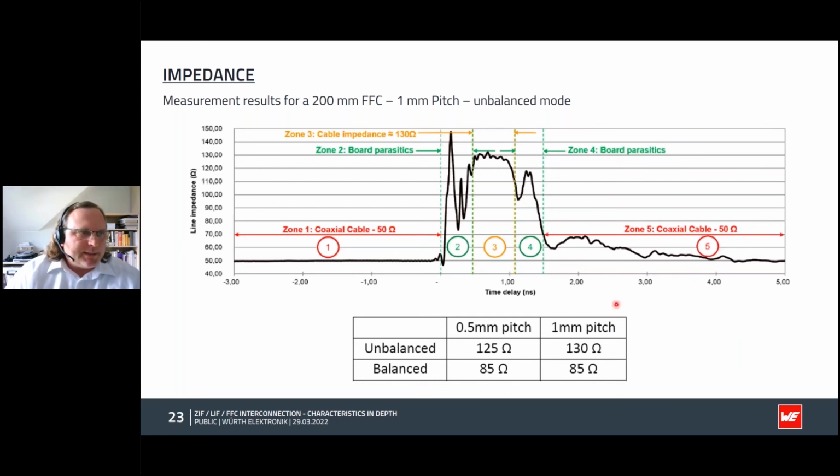The measurement results show a typical curve using the TDR, time domain reflectometry configuration, using a 200 millimeter long FFC cable with a pitch of 1.0 millimeter with a rise time setup of 32 picoseconds to increase the measurement accuracy. The equivalent frequency here would be 6.88 gigahertz. What we can see is that in the area of the cable, it's the section 3 here,